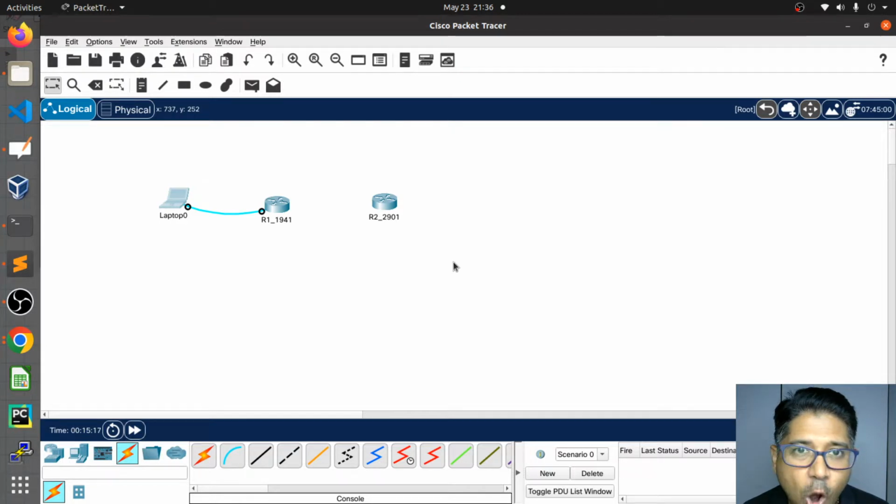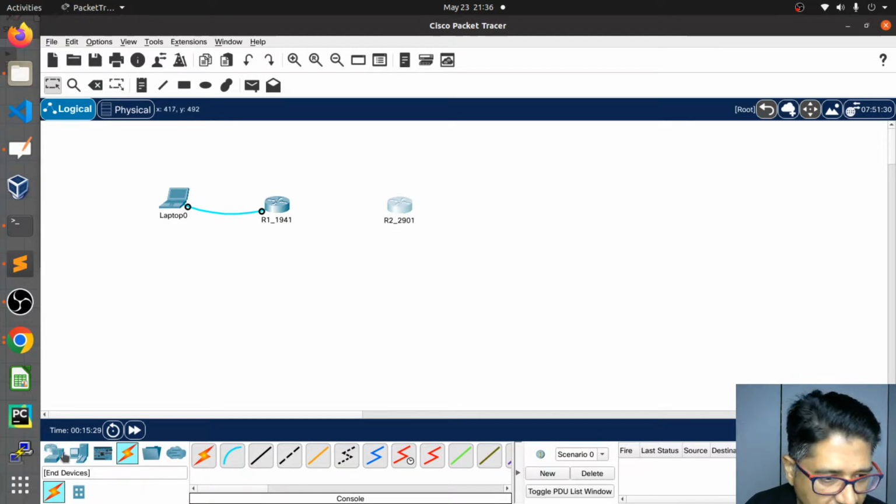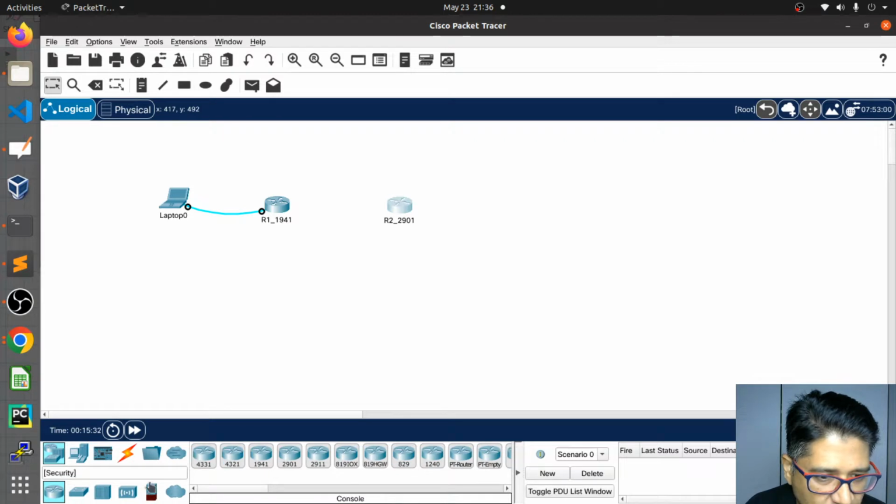So remotely, how are you going to access a router? Let's first make the infrastructure remote. I'm going to take one router here, then I will connect with the ones